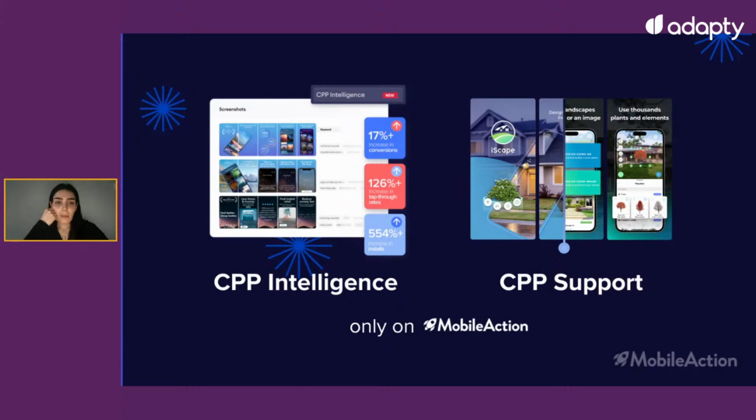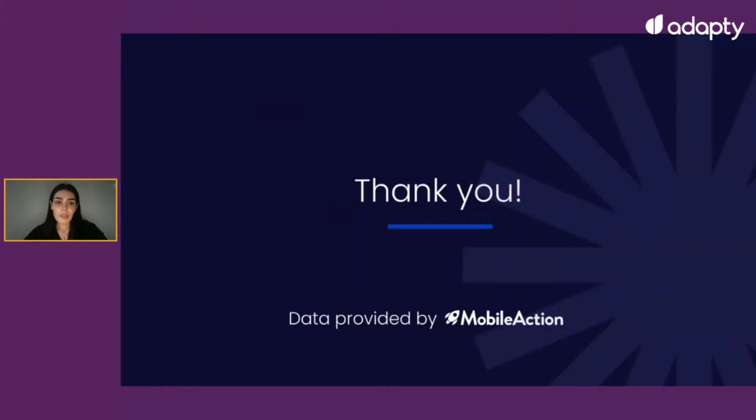If you would like to get more information, you can just contact our team of industry experts to manage your paid keywords and custom product pages. And also you can try our custom product page support service. So to sum up, with a holistic approach, try to leverage ASO and ASA synergy, custom product pages, seasonality, and localization to watch your subscription apps take off. And let us know if you need any help during the process.